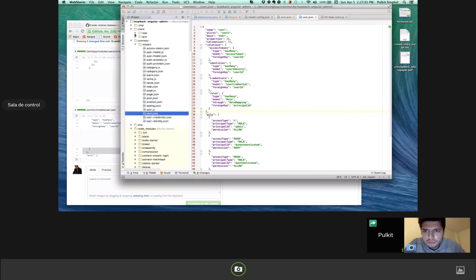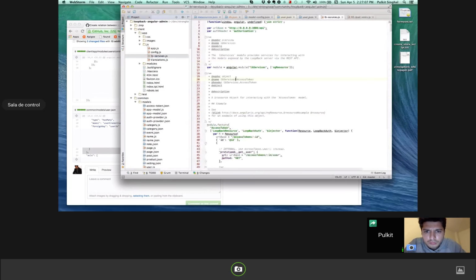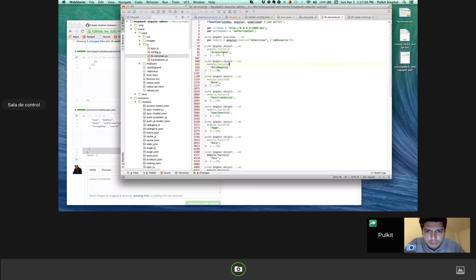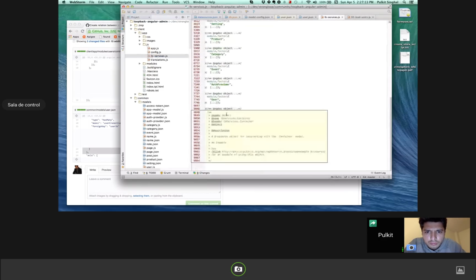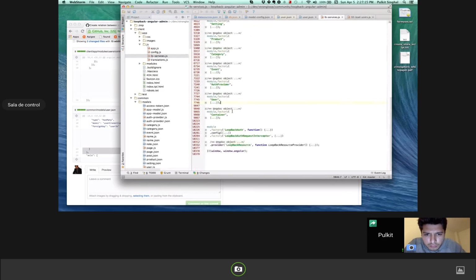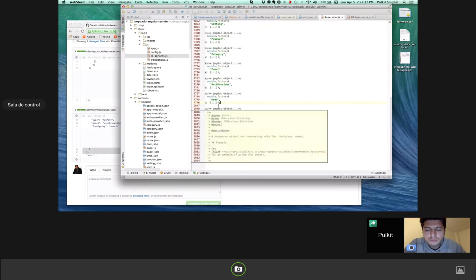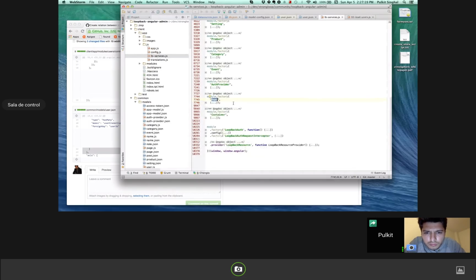Let's go look at client. Most people may not know about this, so that was good. It generates a file for you called loopback services. I'm going to make it so you can read it. It puts access token, anything that was public, in here and makes it easy for you to access in an Angular fashion. I'm not a big fan because I'm like, well, which user am I accessing? Obviously, the code doesn't get confused, but